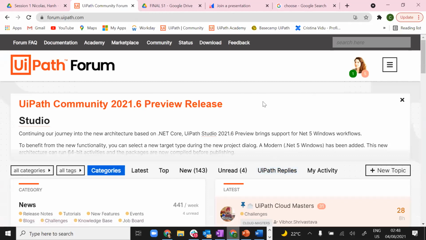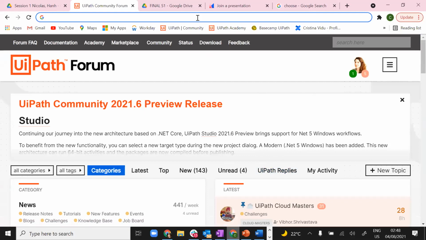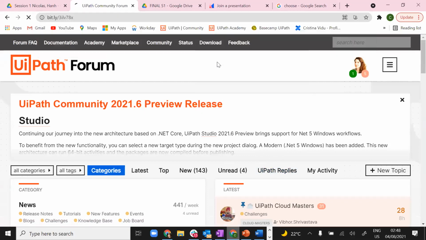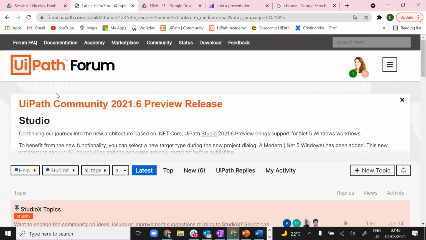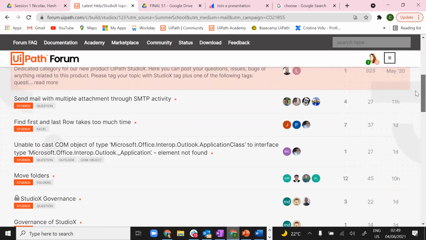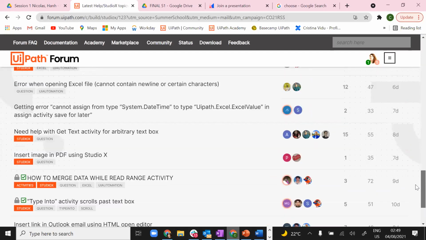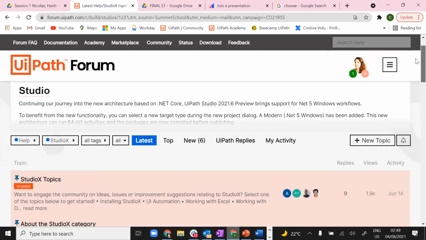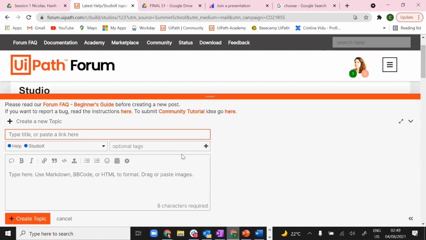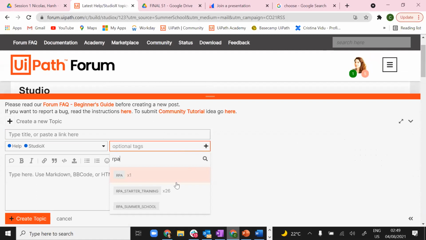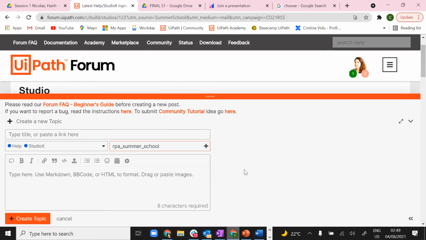We have the StudioX thread, which I'm going to paste now. You can see all the StudioX topics lined up here. You can search for these topics with any questions you have. And you can also open a new topic and just select the RPA Summer School tag, and all of your questions will be centralized according to this tag, and our trainers will be able to see them.